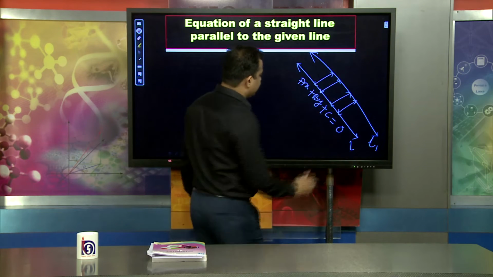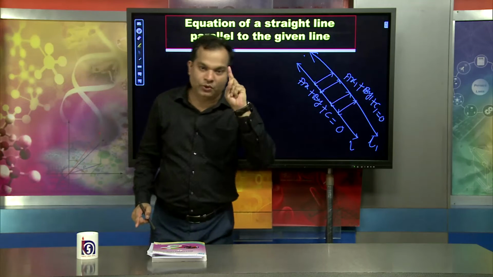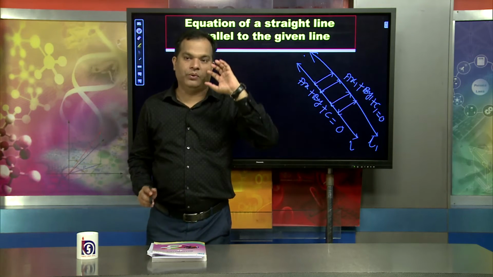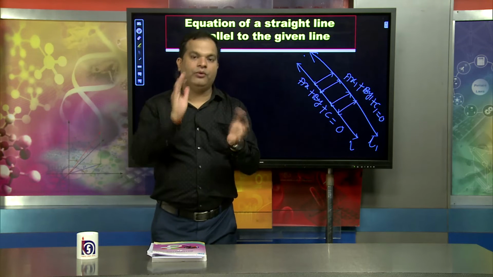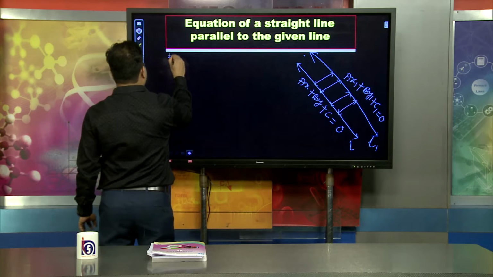Suppose this equation is simply L1: A x1 plus B y1 plus C1 equal to 0. The two lines are parallel to each other. We have to check two conditions. That means we have to find out, we have to observe, when we can say two lines will be parallel. The condition one is the